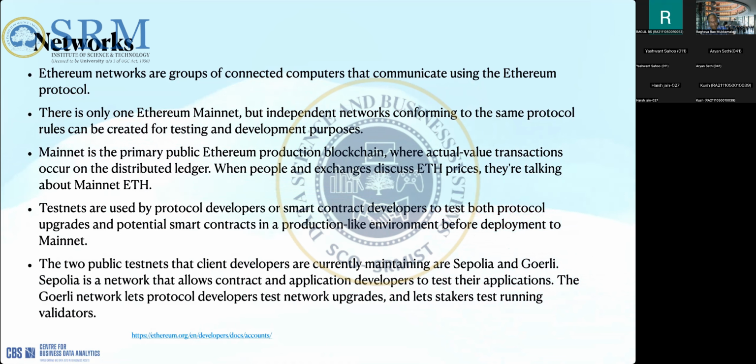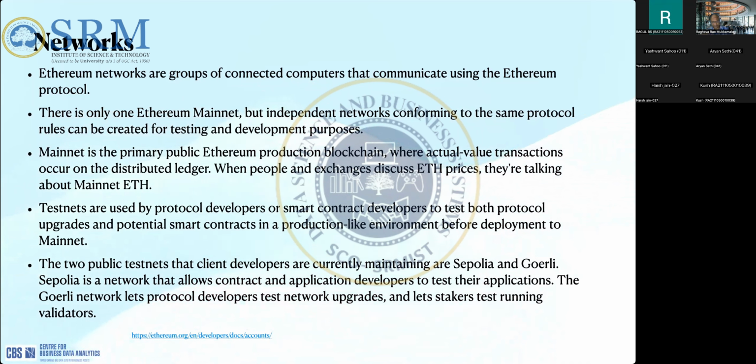And the other test network, which you use for developing the test upgrades and also running the validating software. Whenever there are changes, they call them forks. A fork is nothing but an update to the software. And whenever there are changes to the software, you probably want to test them, right?